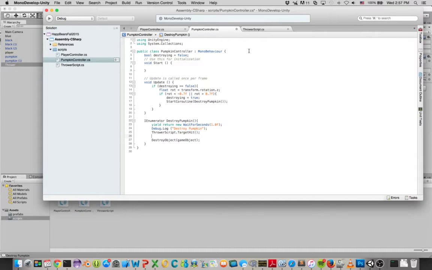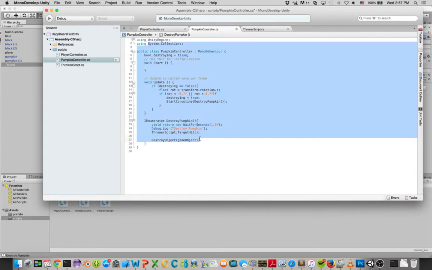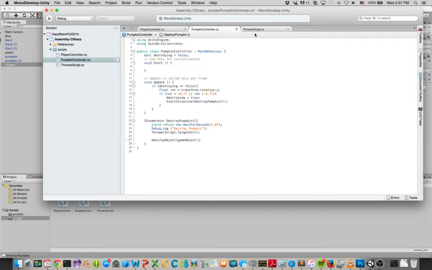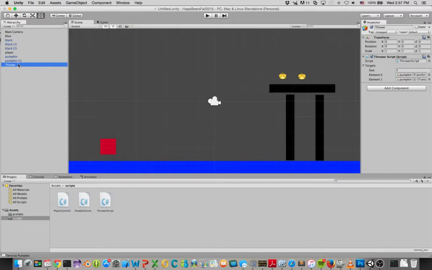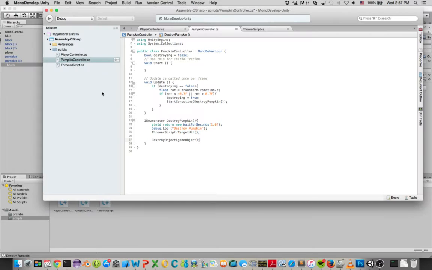Now this isn't going to work because this thrower script, we don't really have one here. We want to find the particular thrower script that is attached to this thrower object. And that's the method that we want to call. Because in theory, we could have a bunch of different thrower scripts running at any given time. So having the code like this is not going to run right. So inside of here, we can do something like this, game object dot find, and we want to find this game object, which is called thrower,